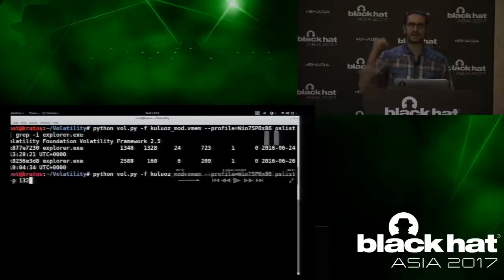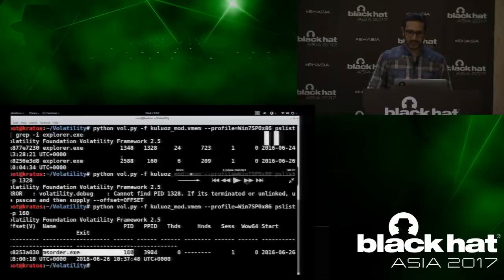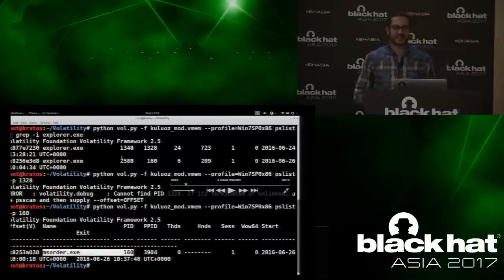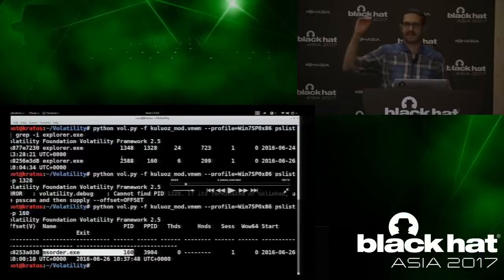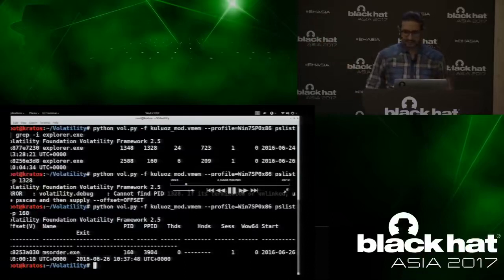You see there are two instances of explorer.exe running because I modified it to do that. The reason why I changed it to explorer.exe is because from the parent-child relationship, it's a little hard to tell. Explorer.exe on a clean system is started by userinit.exe, which starts and immediately terminates, so it will not reside in the process listing. So even if malware code is injected and that terminates, it's hard to tell from the parent-child relationship, since the parent process is not in the process listing. That's one thing, but that's not a big deal.